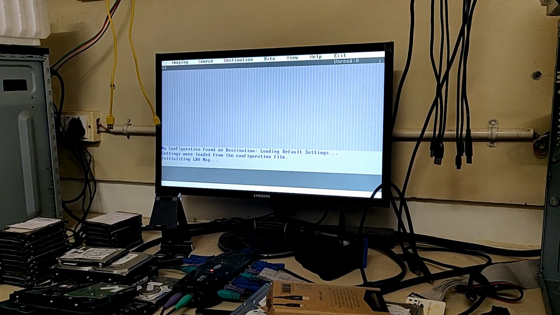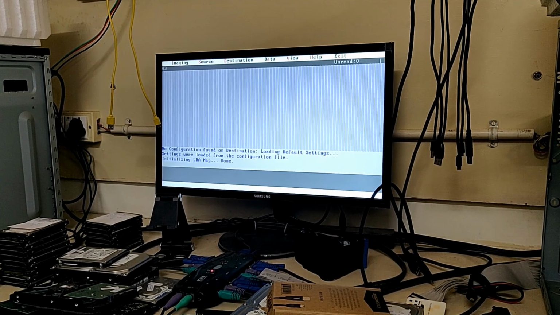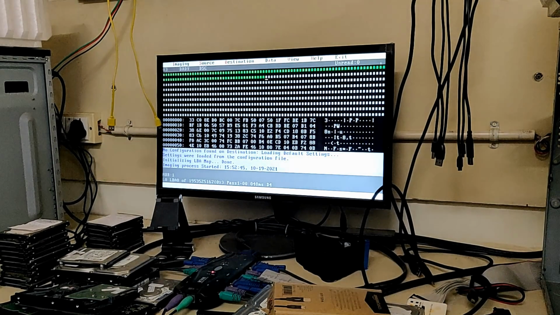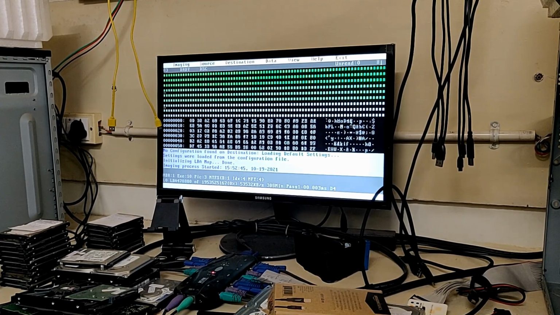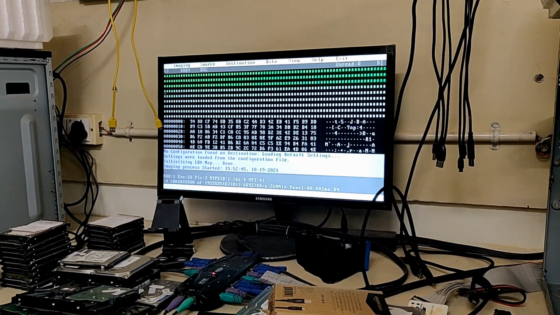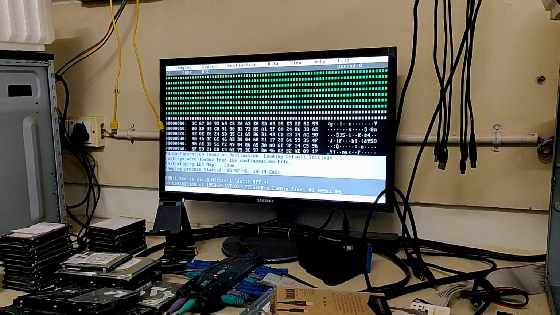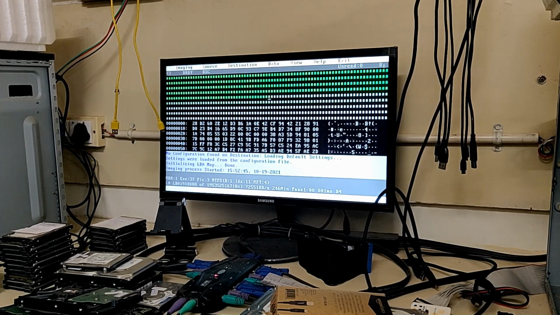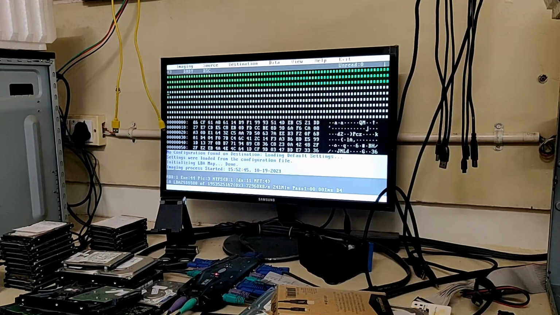So if you don't want to store the configuration data into a separate drive, what you actually have to do is take a hard drive which is a little bigger than the original patient hard drive, and I don't like to do that. I like to keep the same capacity. Now if you see, our cloning is going on pretty well.